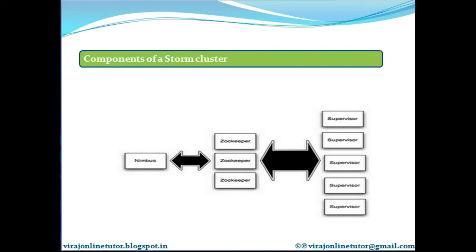Now let's get back to the track of learning the important components of a Storm cluster. A Storm cluster is superficially similar to a Hadoop cluster. On Hadoop, you run MapReduce jobs, whereas on Storm, you run topologies.